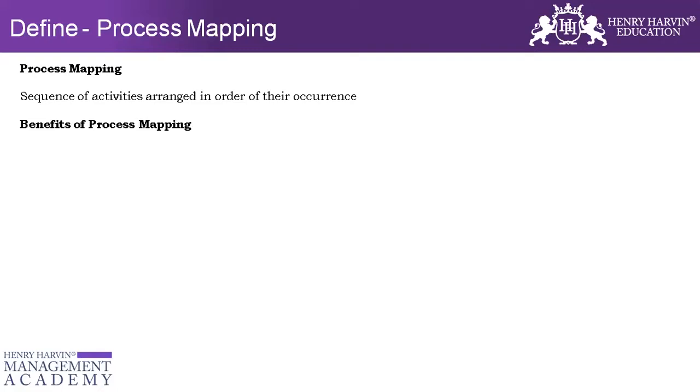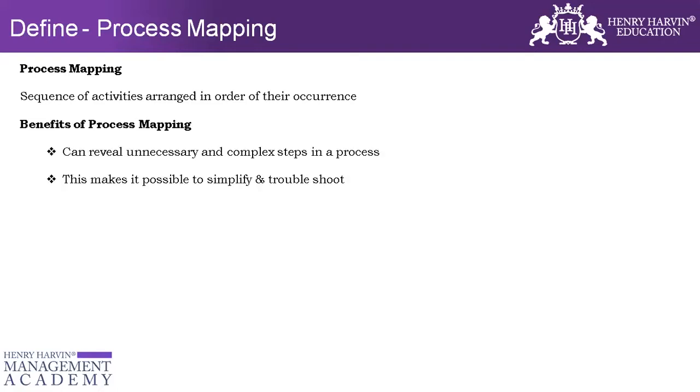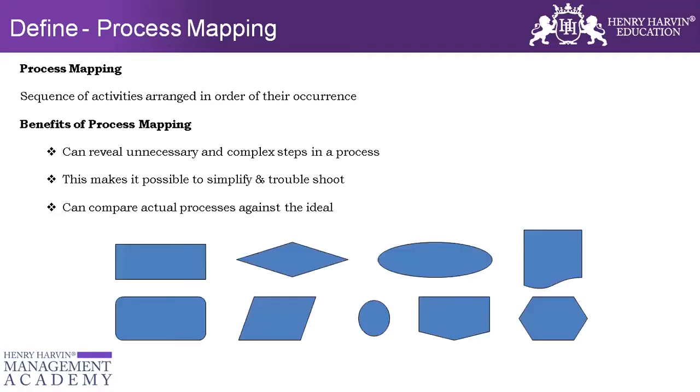Now we'll talk about the benefits of process mapping. This gives an overall view of how the process looks. It also shows how it should be looked at against the ideal process. It also helps us identify any non-value added activity in the process. It gives me the areas I should be focusing on later, and I can also compare the actual process against the ideal. So these are some of the high-level benefits of process mapping.